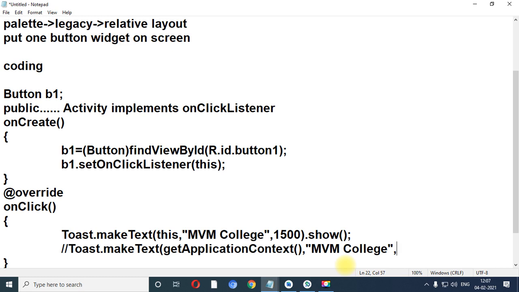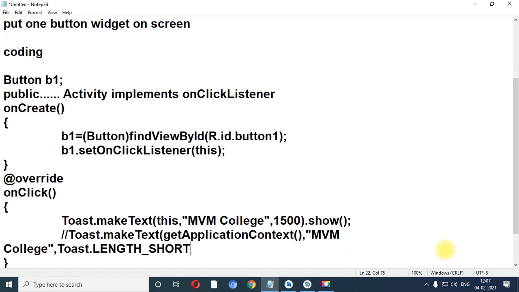See, if I don't want to use 1500 over here, at that time I can use Toast.LENGTH_SHORT. And the show method. Now see, over here we can pass two keywords.